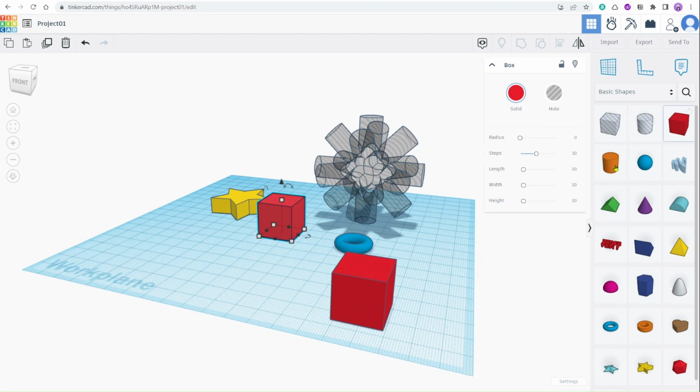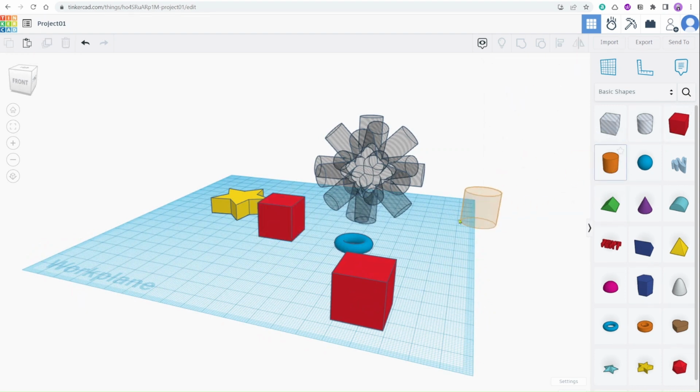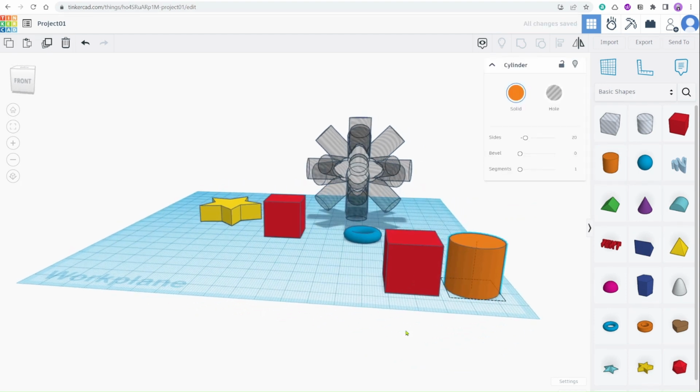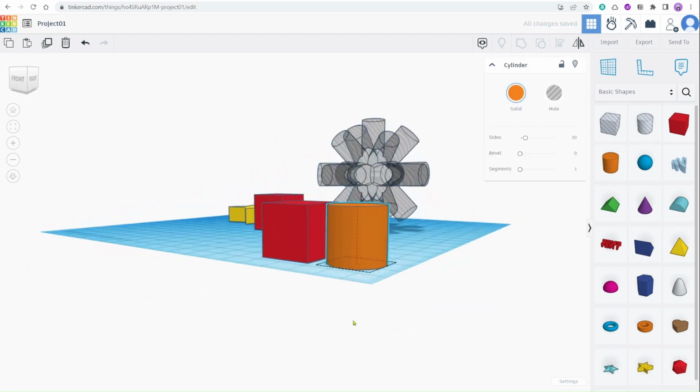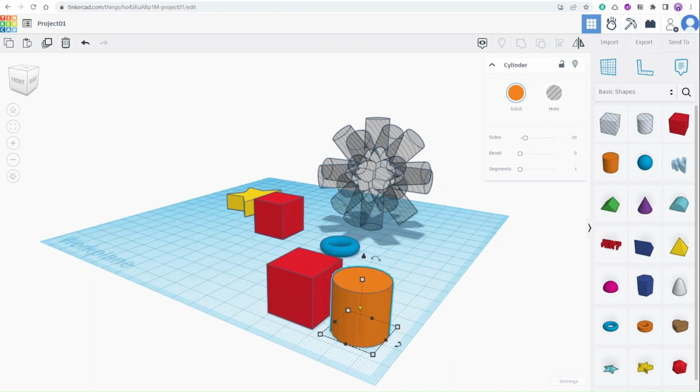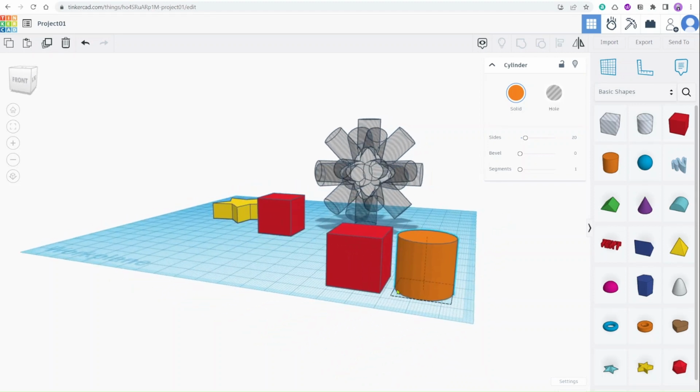Say this one, the cylinder. Let me bring it over here and place it next to this 3D cube. What we need to do is place this cylinder object exactly on top of this red cube object. A way that we can do it is, click on this cylinder object, and we see